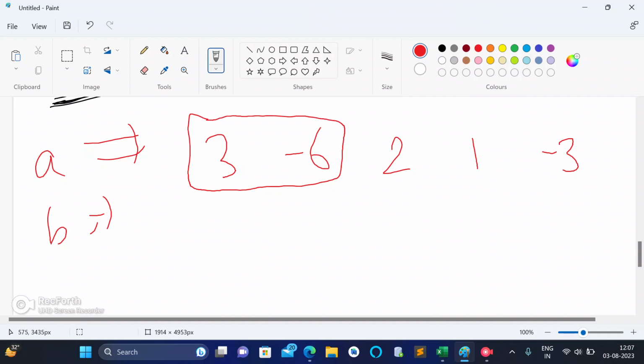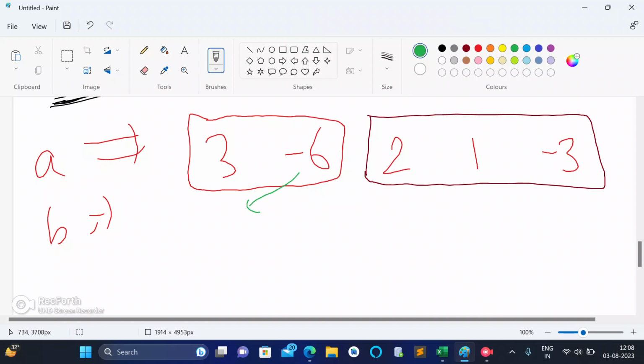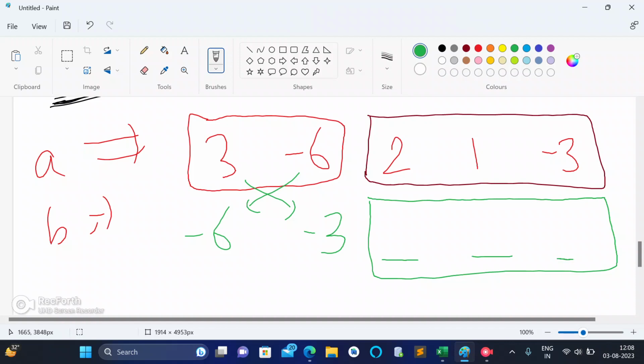So now I will find B by making chunks of 2. Now at the end, I will make a chunk of 3. Every time I will make a chunk of 2, and at the end I will make a chunk of 3. So I will say okay, let's put minus 6 here, and let's put minus 3 here. That is, Bi is equal to, for every even i, Bi is equal to A(i+1), and B(i+1) is equal to minus of Ai. Okay, so this section is completely filled.